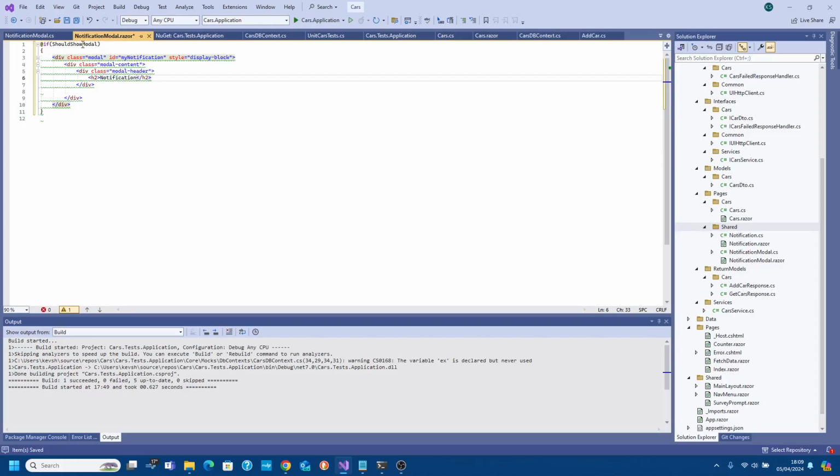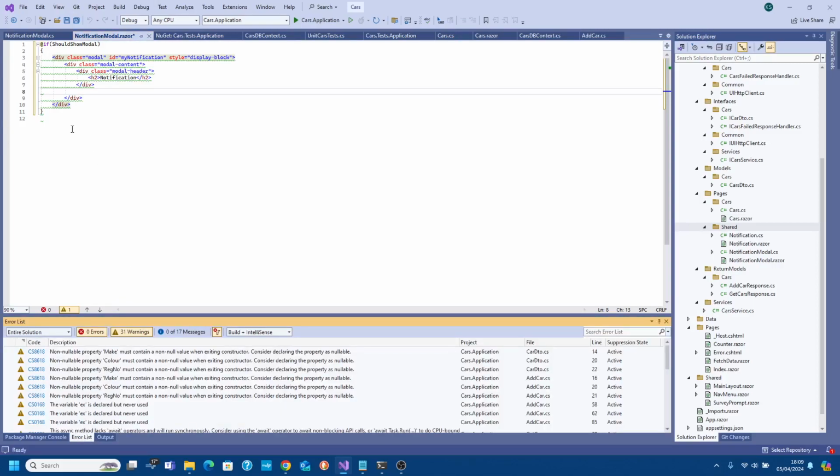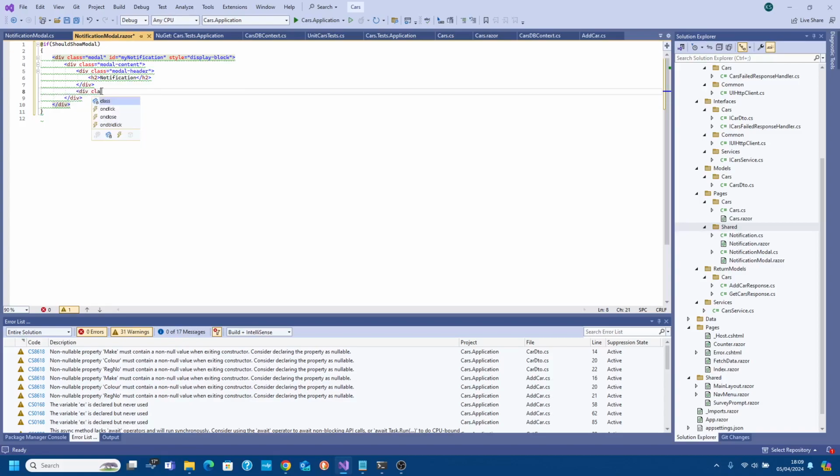Okay, we've got the header, so div class equals modal dash body, and this is where we simply put our message, so at message in there. And then div class equals modal dash footer,